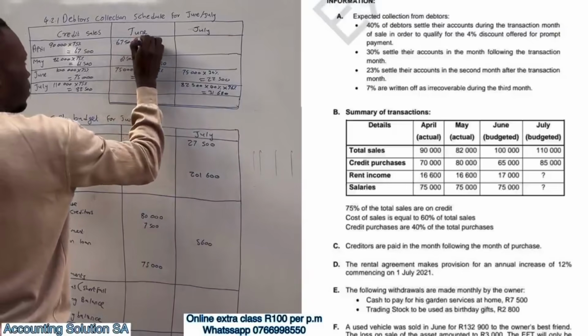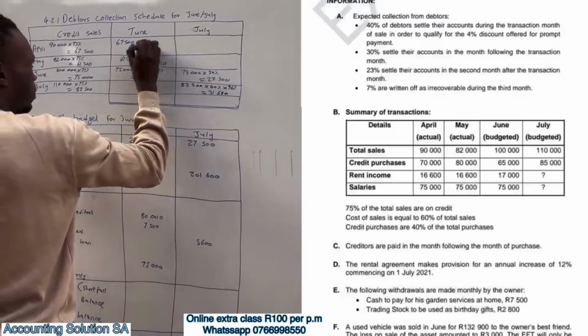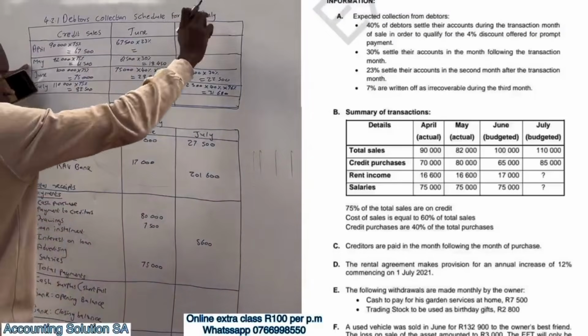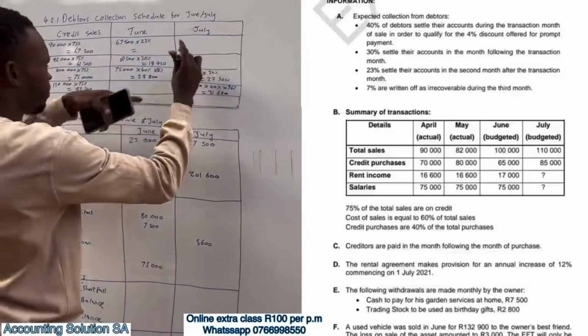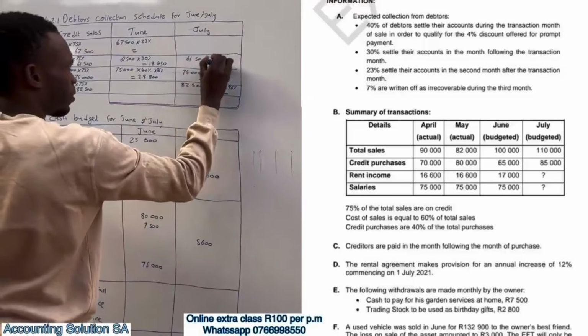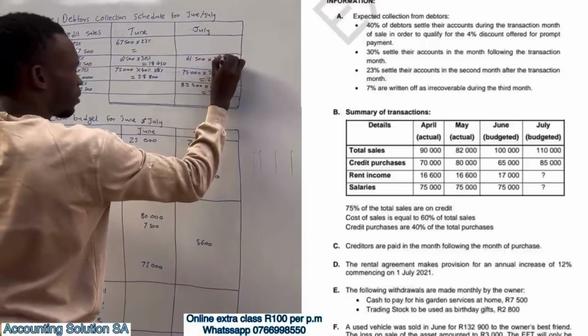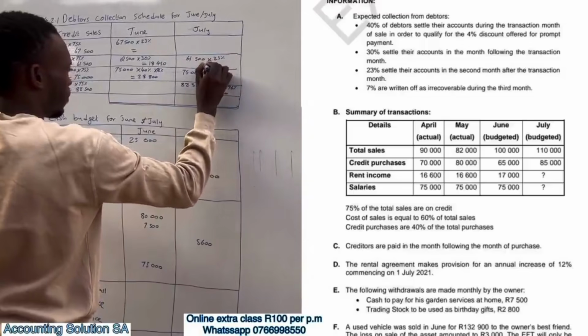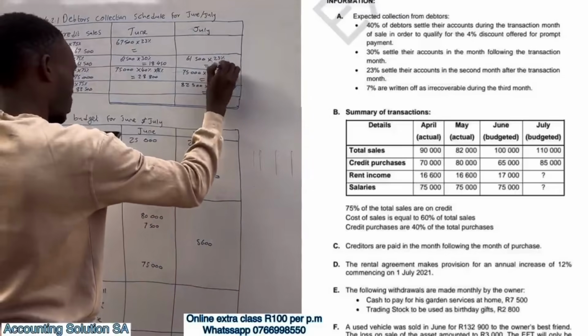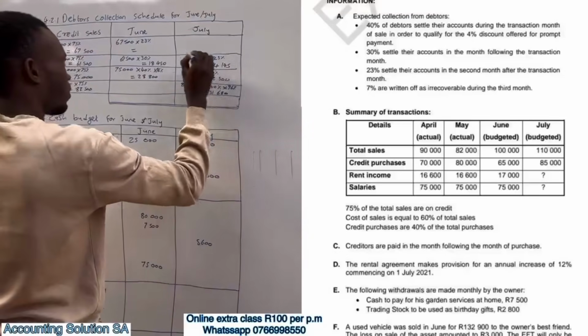67,500 multiplied by 23%. It's going to give us the answer. May, we skip June and we go to July. It's here. It's going to be 61,500 multiplied by 23%. And it's going to give us 14,145,